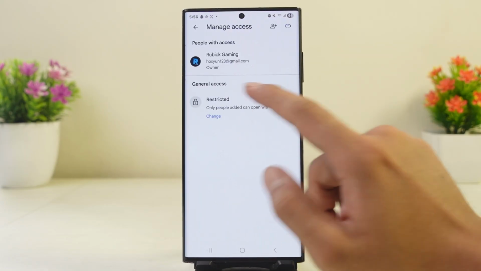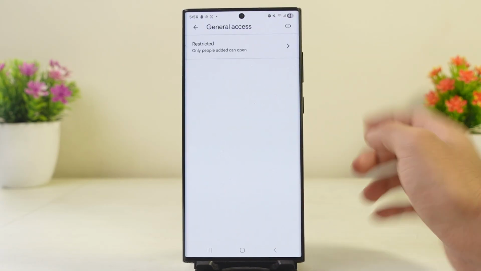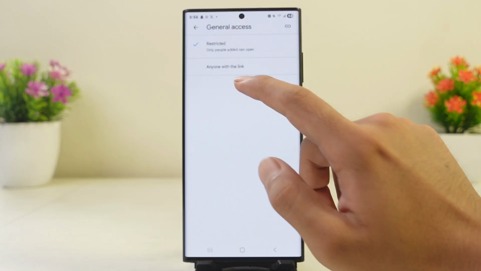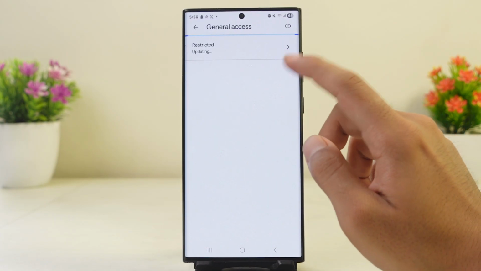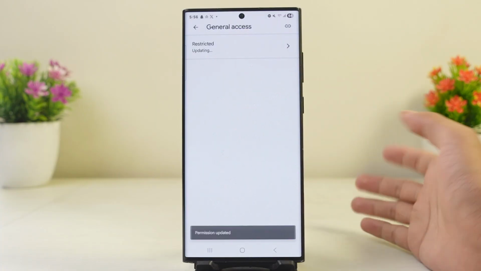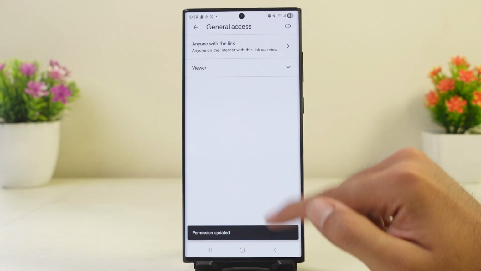From here, you will find Restricted option. Go ahead and tap Change. Now, once again, tap on the side arrow and you will find this anyone with the link option. Once you update your file settings to anyone with the link, all you have to do is now set their